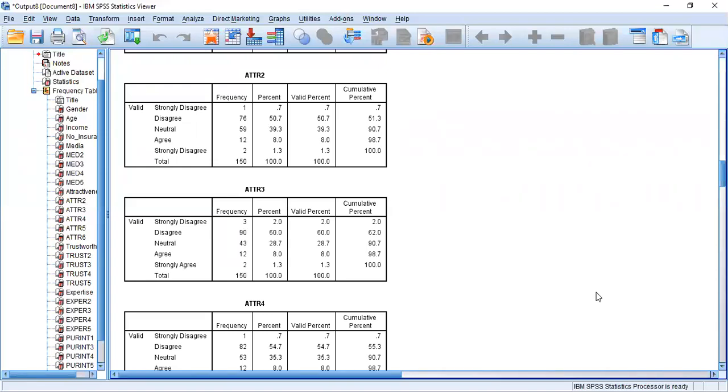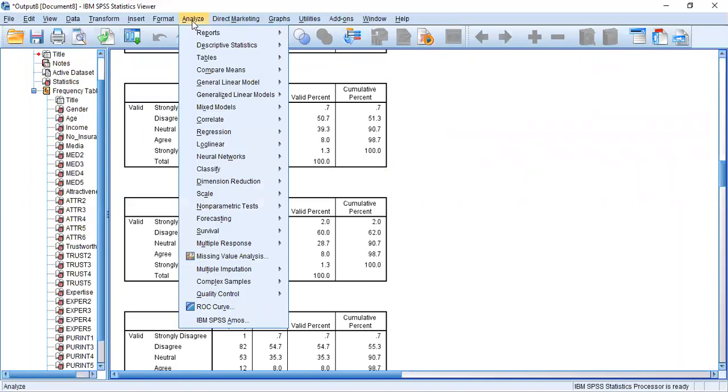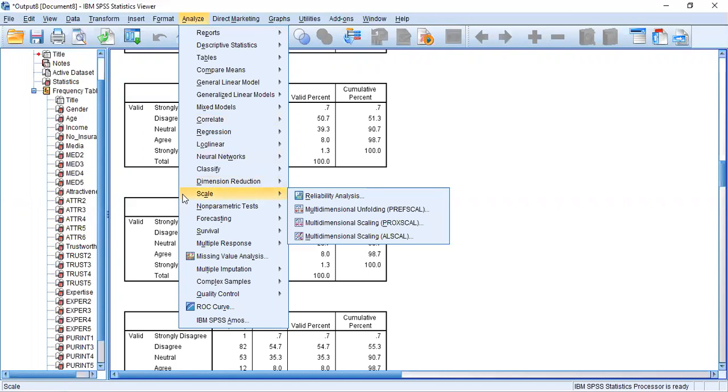The second step is to check your reliability, as I already told you in your second presentation. Go to Analyze, go to Scale, then go to Reliability Analysis.